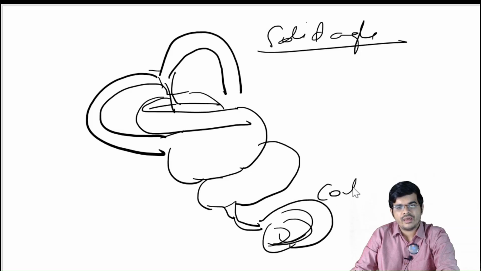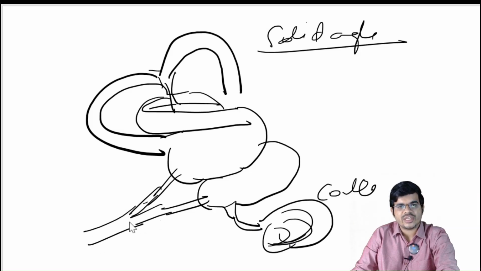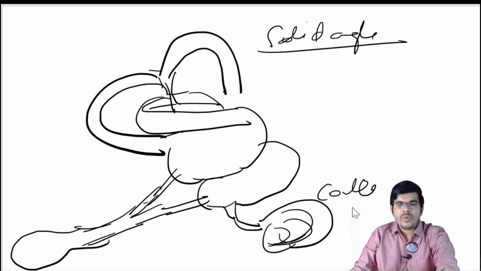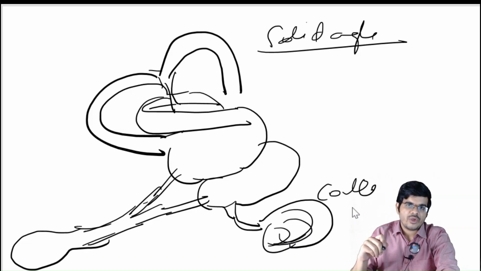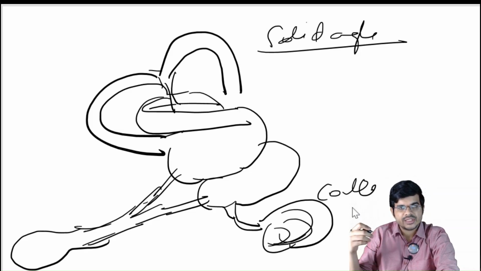You have the cochlea here, and from the utricle and the saccule come the utricular and saccular ducts, which join to form the utriculosaccular duct, which continues as the endolymphatic duct, and finally it forms the endolymphatic sac. Okay, endolymphatic sac. Now within the utricle and saccule you have a set of receptors, and within the labyrinth, that is the semicircular canals, you have got another set of